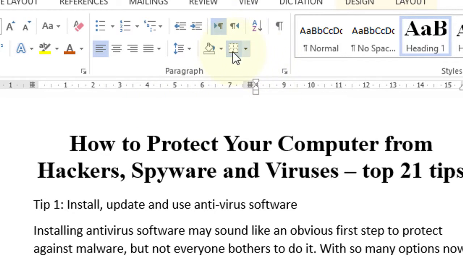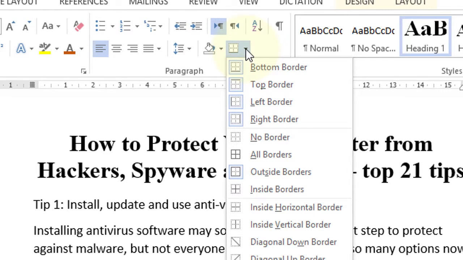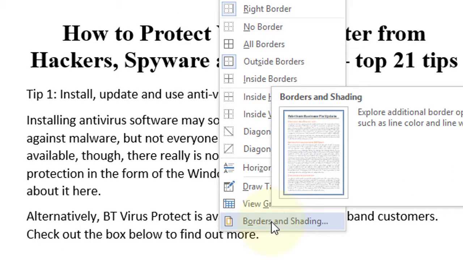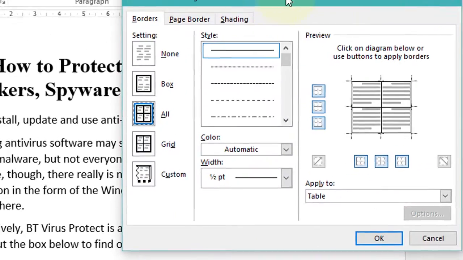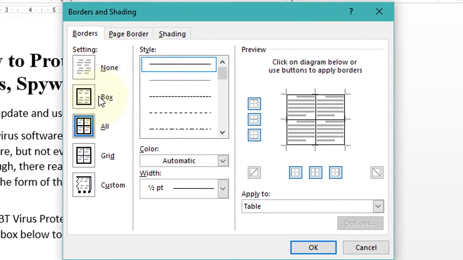click this icon and here is the border. Click this down arrow icon and click on border and shading. Here you can customize all the border like this box, all grid and custom. We will select box